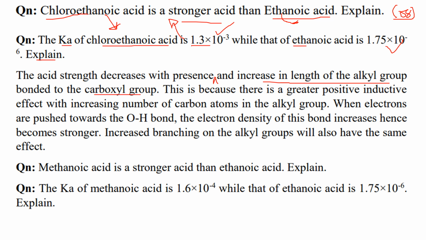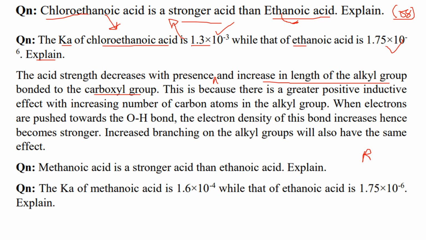So if you look at any alkyl group, the methyl group, ethyl group, propyl groups, among others, for as long as it's an alkyl group, it's going to be an electron donating group. Now, since it's an electron donating group, the greater the number of alkyl groups present, or the greater the number of carbon atoms present in the alkyl group, the greater the positive inductive effect. And I told you, the positive inductive effect means that they are going to be donating electrons to the OH bond. Now, if they're donating electrons to the OH bond that is present in carboxylic acid, there is going